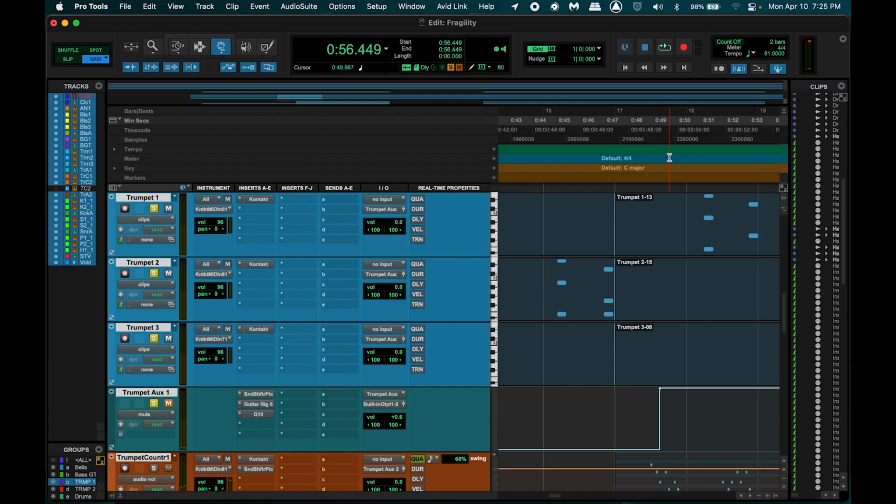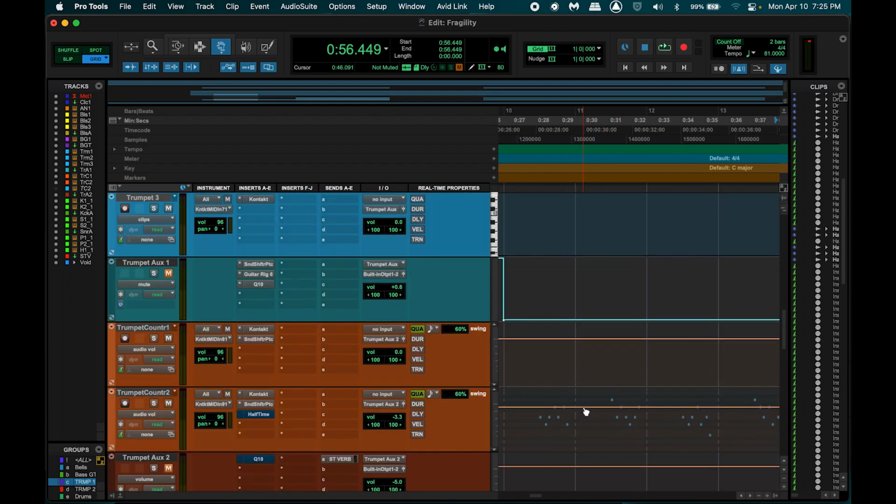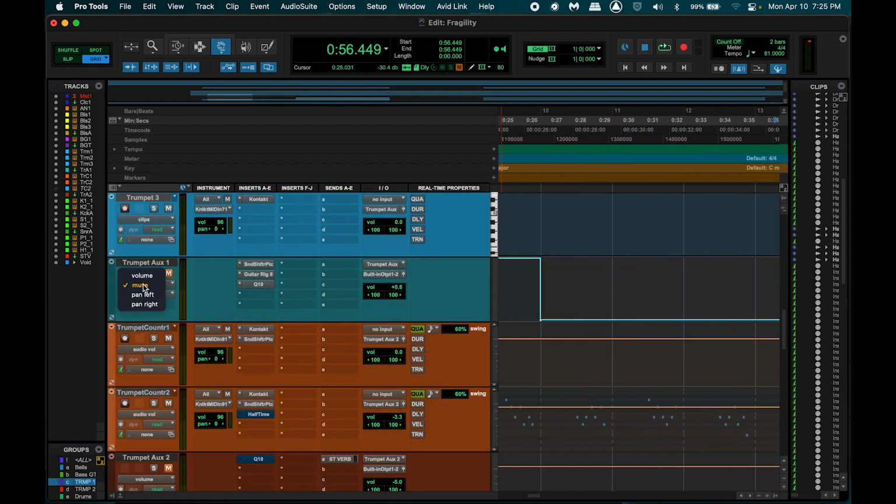Yeah, so I really love that sound. It's just a weird, textured, hyper delayed sound, and it just really added to the track. So something I want to point out here, on my auxiliary track, I have muted and unmuted. So if I go here to my mute automation, I did mute and unmute this.